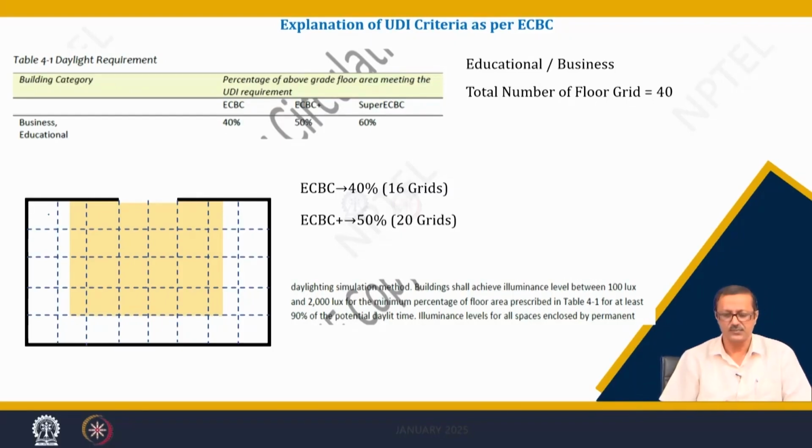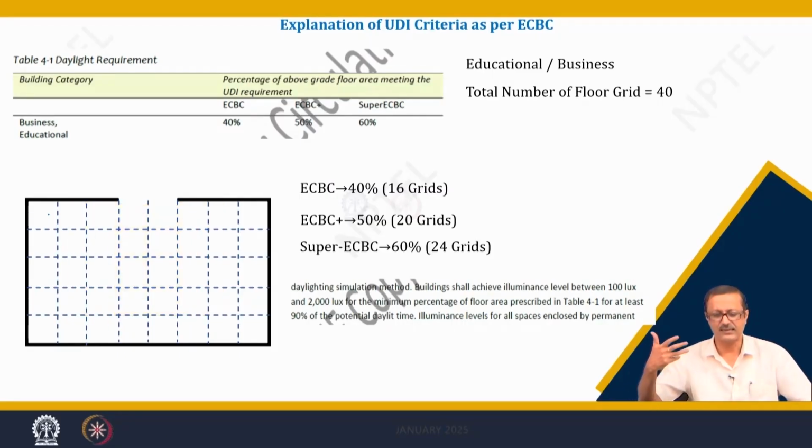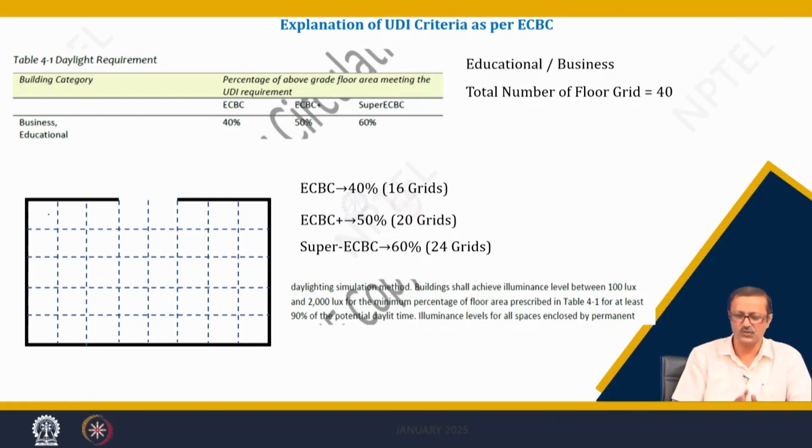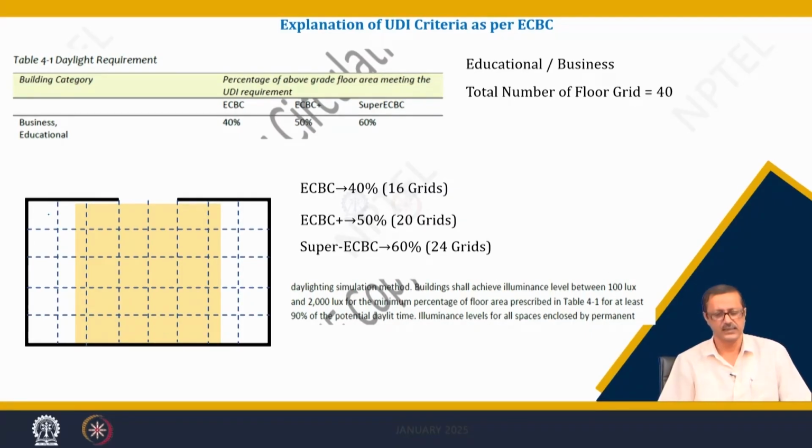Then I will get ECBC plus, because 50% of the grids are under that UDI and illuminance criteria also. But if I want to achieve super ECBC, at least 60% of the floor area should be illuminated. So, at least 24 grids have to be illuminated. So, I have to again increase the size, or put more windows, maybe on other walls or whatever, and you have to have those 24 grids illuminated under the UDI criteria,